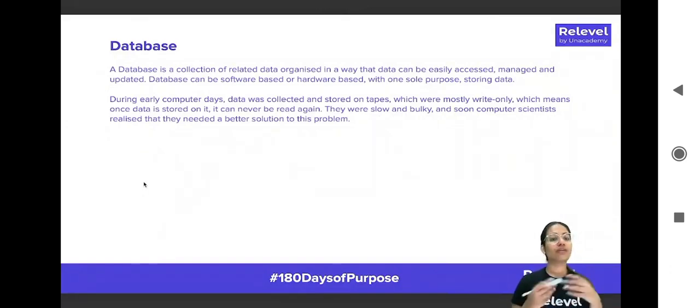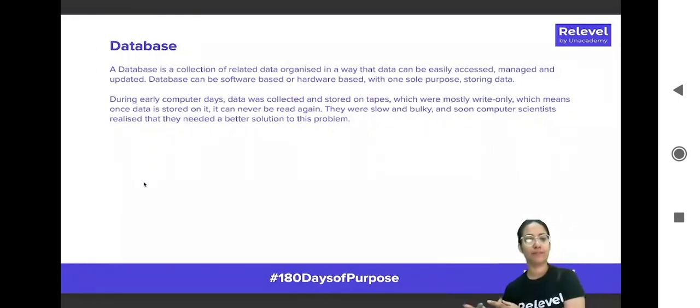Now that we understand what data is, we can also talk about what a database is. Remember, we are breaking down the terms very easily. We talked about what data is, now let's talk about what a database is. A database is a collection of related data organized in a way that data can be easily accessed, managed, and updated. A database can be software based or hardware based, with one sole purpose: